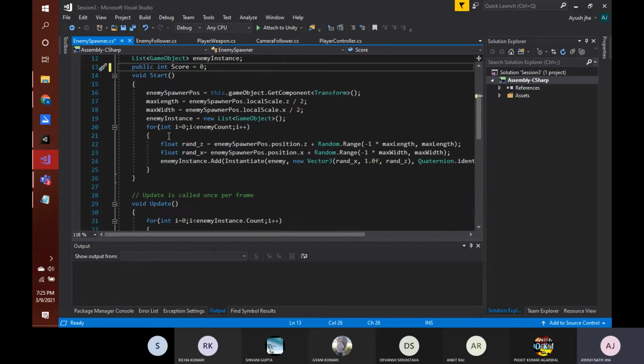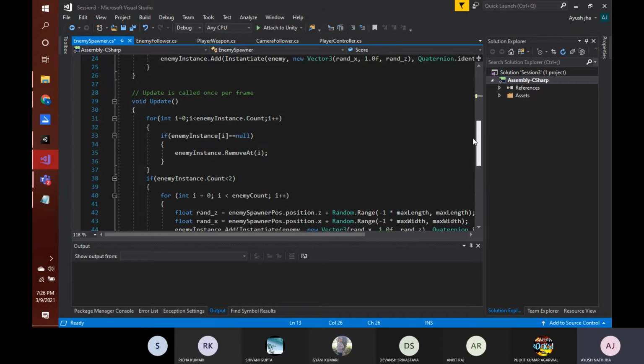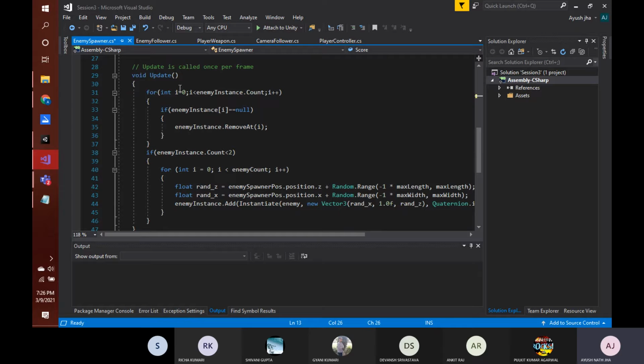And then here we don't have to do anything in the Start, because in the Start only the enemies will be spawned, and whatever update will be happening is in this Update function. And here we have the whole meat of this particular program. Here, as you can see, is the place where we are null checking for instances. Here itself we can simply increase the count. For example, if we kill enemy number 1, then for enemy number 1 this instance will show null, and whenever it shows null, it means that we have hit one enemy and our score should increase by 1.